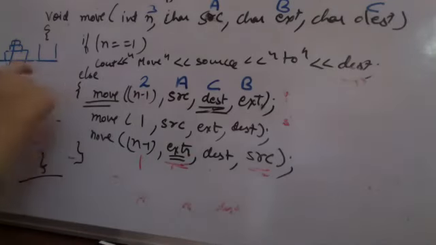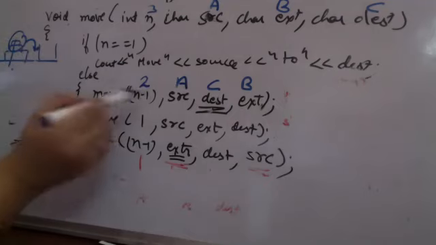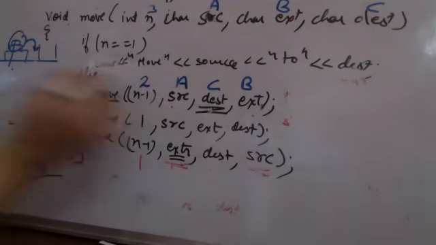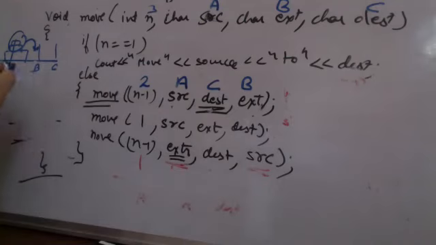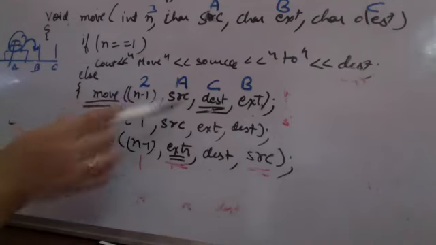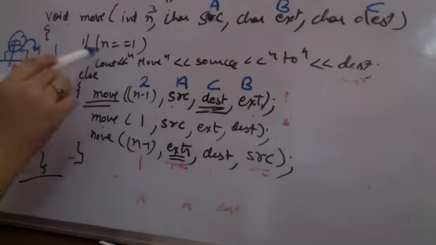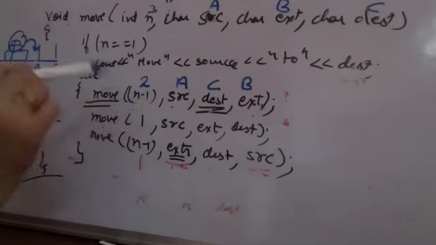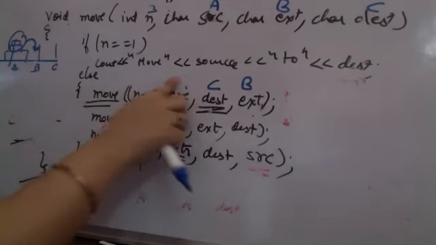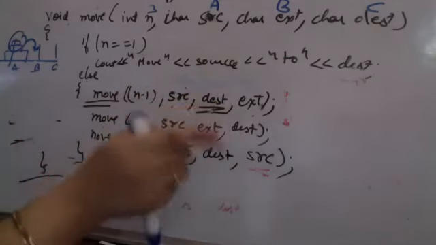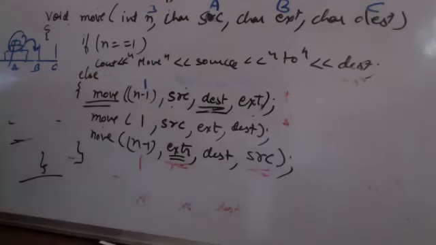This is the problem of shifting top 2 nodes from A to B, where A becomes the source, B becomes the destination और C को हम as a spare use करेंगे. अब इसके लिए दोबारा कॉल हो गया. इस कॉल पे भी हम आए ही नहीं, ध्यान रखना. जब हमने दोबारा कॉल करा, 2 is again not equal to 1, it will again be calling this. This time it is not calling it for 2 ACB. Now it will be calling for 1.